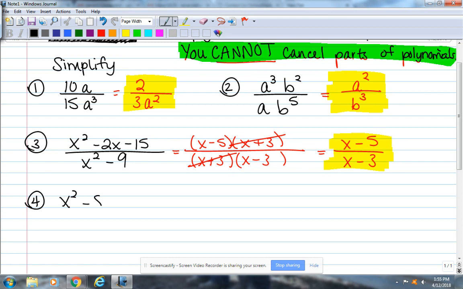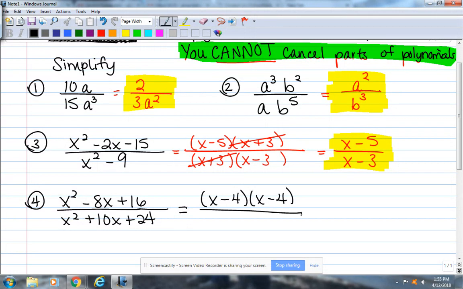x squared minus 8x plus 16 over x squared plus 10x plus 24. All right, so these are both trinomials. So the first one, what multiplies to get 16 and adds to get negative 8? 4 and -4. Both negative, though, right? If it multiplies to be a positive, it has to be a negative times a negative, or a positive times a positive. So that one's x minus 4 times x minus 4